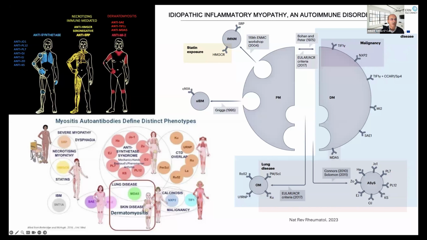Another phenotype, mainly with muscle involvement, not so systemic, was positive to anti-SRP, and afterwards we knew that anti-HMGCR was another antibody linked or associated with this muscle phenotype. And of course, lastly, the dermatomyositis with anti-Mi2 antibodies. These other autoantibodies, anti-SAE, anti-TIF1 gamma, or anti-MDA5, were not known in 1992. So they helped clinicians to identify different phenotypes, different manifestations of these different diseases.